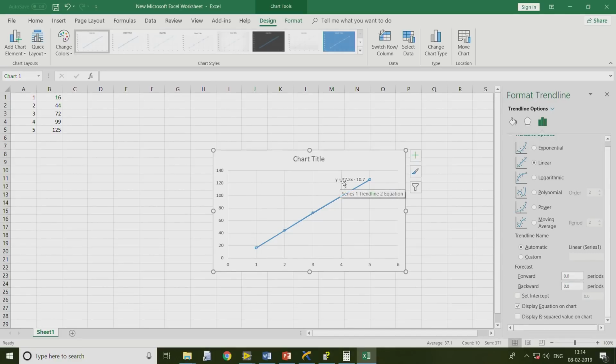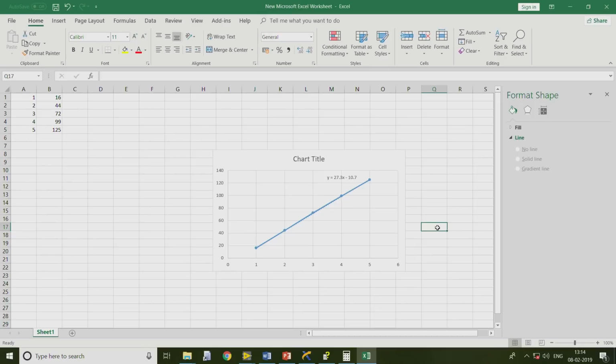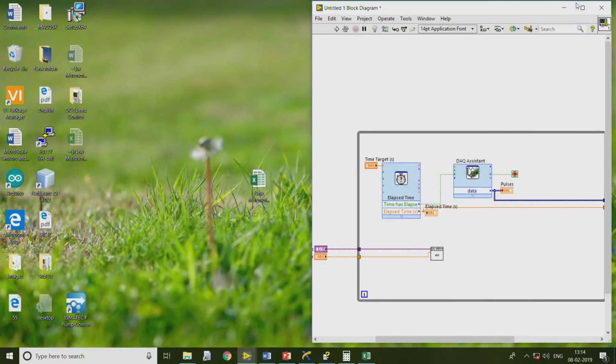The slope of the line is 27.3 and the offset is 10.7. That is clear, and it is also equal to what we found in our previous consideration, except that there we considered 14, but actually it is only 7 pulses per revolution.